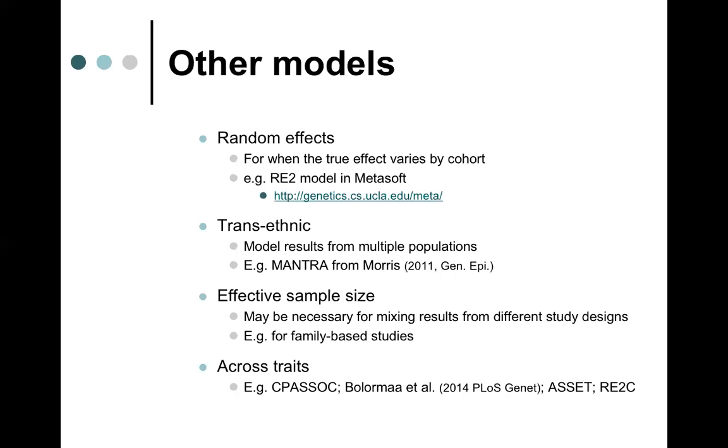And the last piece here is we can think about meta-analysis not only for a single trait, but we might want to start pooling related traits. This is an area that's seen much more active development in terms of methodological and statistical work in the past few years. So there's just a few such examples on the slide here: a CPU soak and a method from Blorma et al. And ACID and this extended random effects model, and certainly plenty of other players in the space